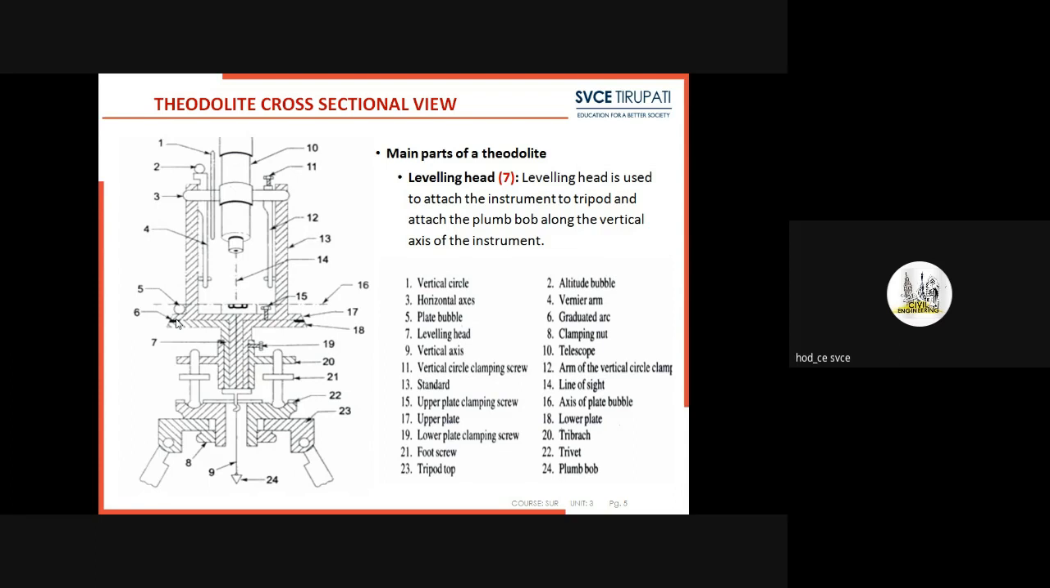What is the next one? Lower plate clamp screw. The main scale will be constant when you have clamped the lower plate, right? Once we fix the lower clamp, the whole main scale is maintained constant. That means in the repetition method you are going to use the lower clamp. Okay, so what is that? You have taken one arbitrary benchmark, an arbitrary meridian line. So for example, if you have taken as one of the